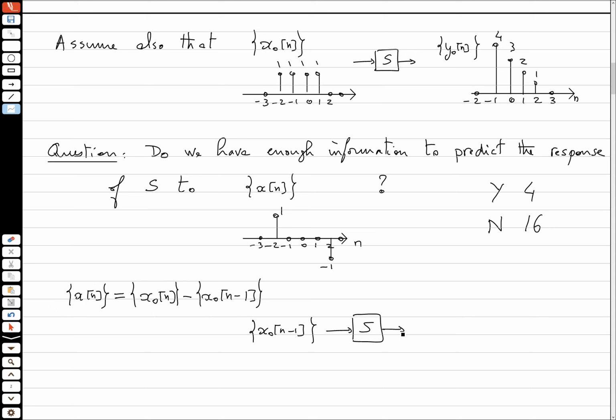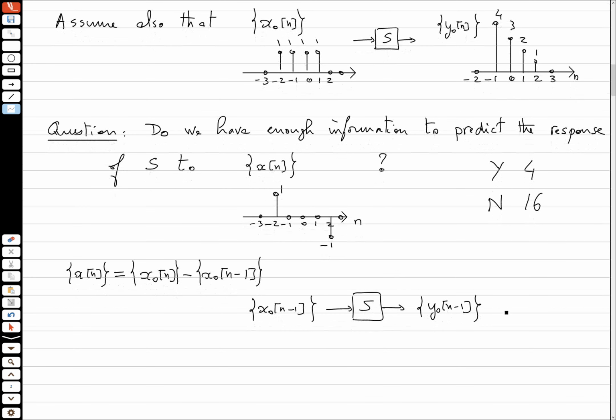Yes, and what are you going to get? What? No. Why not? Why? Can we claim that? Because the system is given to be time invariant. So by time invariance,